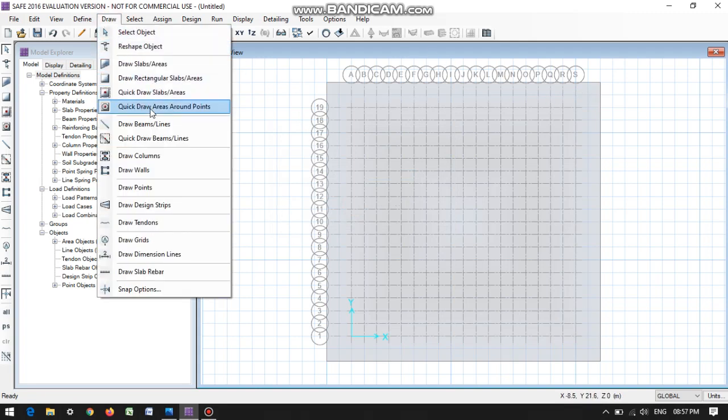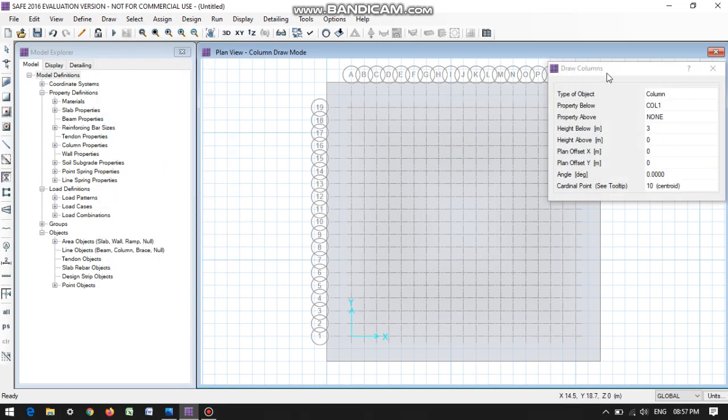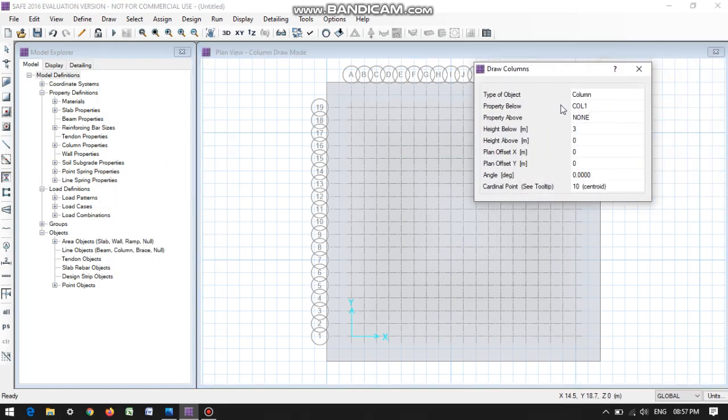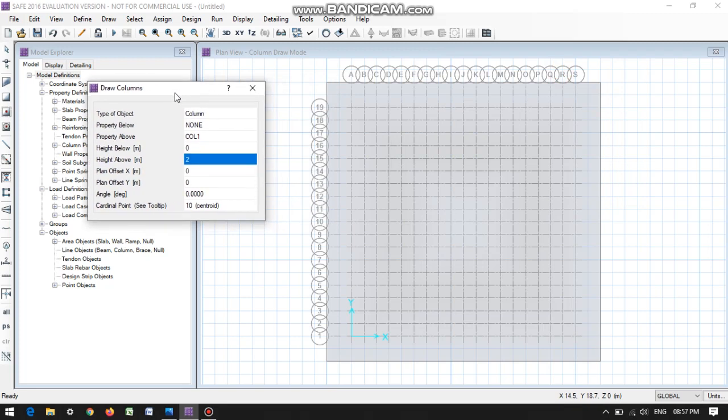Now let's draw the columns. The columns are placed above the footing, so below there's none. Above it's column 1. Height below it is 0, and above let's consider 2 meter up to the plinth level. Let's place it every 6 meters.